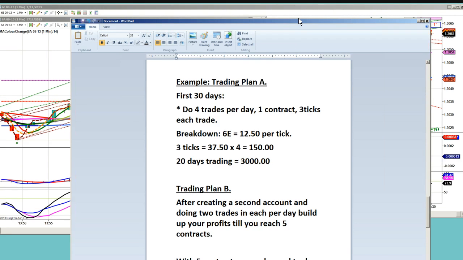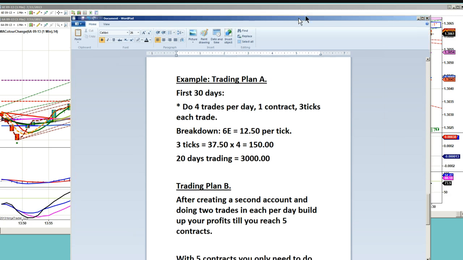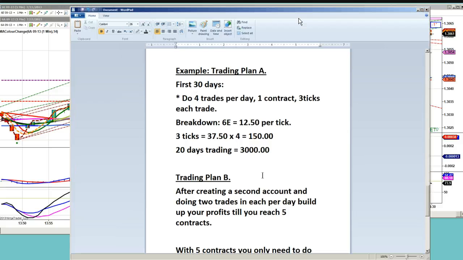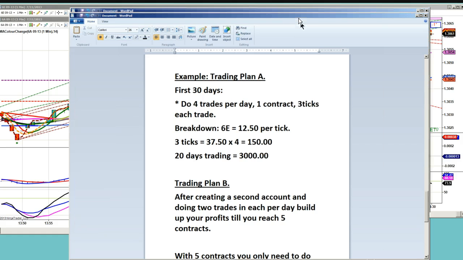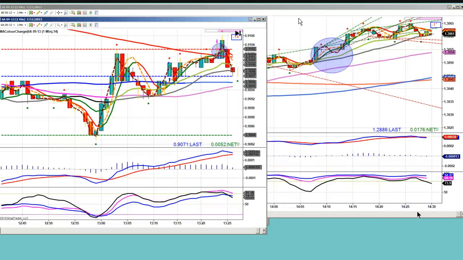This was the secret to my success. Okay, I did, in the beginning, I think I needed 2 trades a day, and then I created a sub account, and then I went to 4 trades a day, and then I went to about 6 trades a day. But by that time I was already at 5 contracts, so the money was really good and it was easy for me to continue. So even if I had a little oops like this one over here, it didn't matter because I'd already created a surplus. Does that make sense?